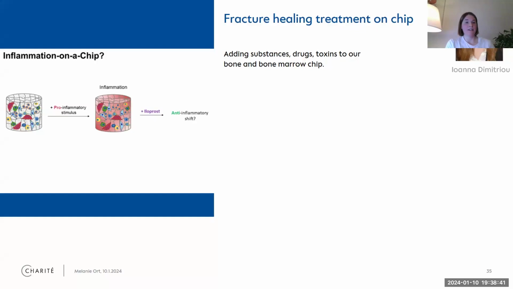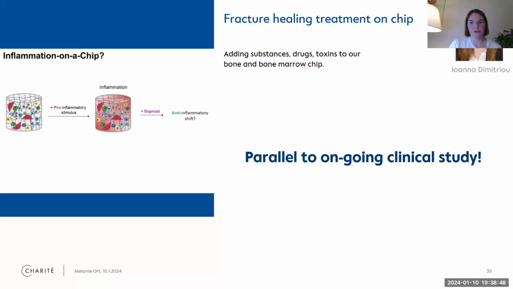And Annie is actually trying to rebuild this whole environment on our bone chip and wants to do that parallel to our ongoing clinical study, which is pretty nice, because if you have inflammation, it's not really that you have to have the whole thing that's happening in a fracture, but if you have some sort of injury and a response and inflammation, and you can then see an anti-inflammatory shift,